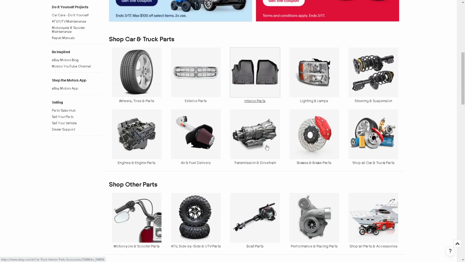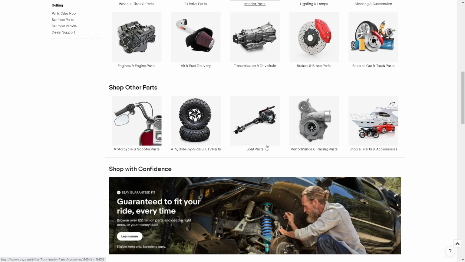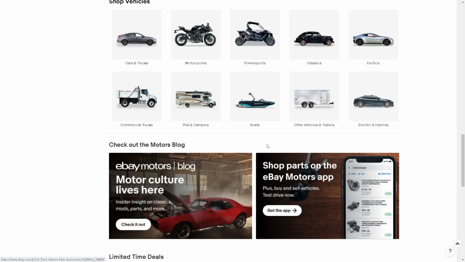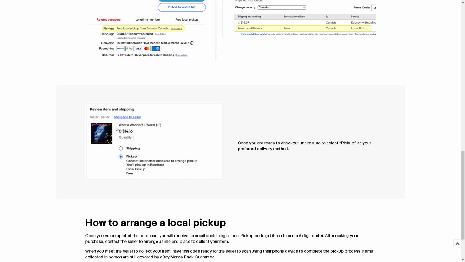In today's video, we are going to show you the step-by-step process on how to use eBay local pickup. So let's begin. Now, when you encounter an option that says free local pickup from any parts of a certain region or location, and you want to add this to your listings as well, something like here,